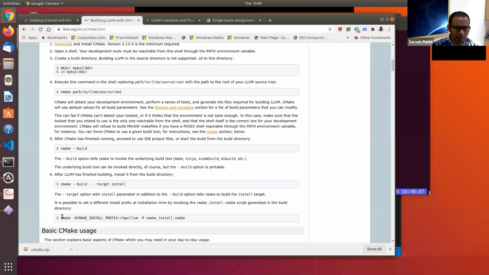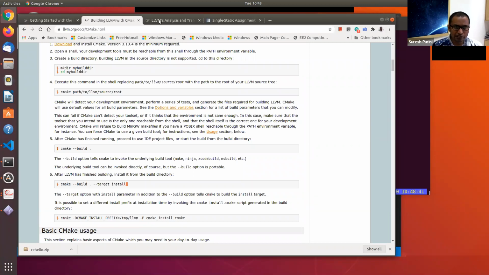For example, when I wanted to do an install, this command helped me tell the build system to install in /opt/llvm. Just by using these two places, you will be able to compile and install the LLVM compiler infrastructure at an appropriate place in your directory structure on your machine.